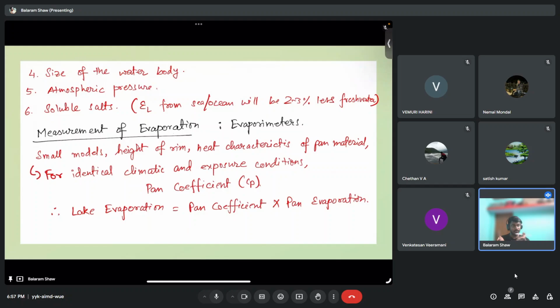Sorry for the interruption. From the concrete surface, can there be more evaporation than from the wetlands? Yes, because in wetlands we have plants, I mean vegetation also, so most of the part will be because of transpiration. Evaporation will also be there, but let's say we have a 100 square kilometer wetland and a 100 square kilometer concrete surface. If you put water on the concrete surface and on the wetland, for the same 100 square kilometers, which one will evaporate faster?